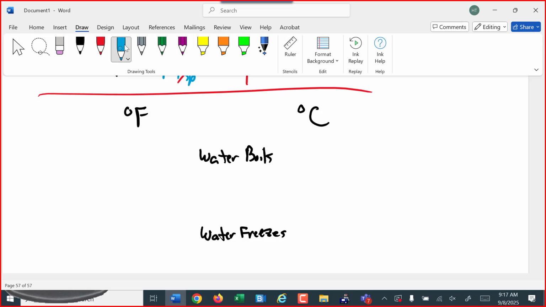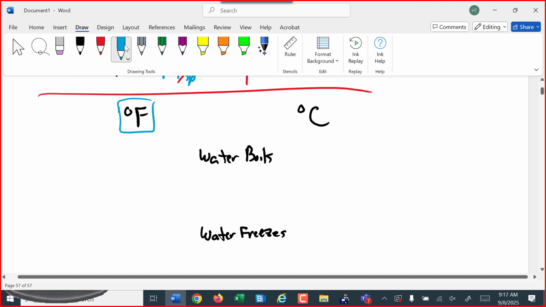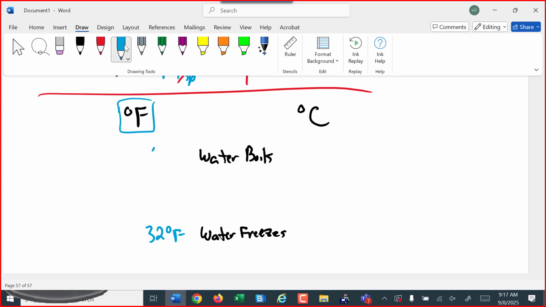And of course, in the Fahrenheit temperature scale, water freezes at 32 degrees Fahrenheit and boils at 212 degrees Fahrenheit. In the Celsius scale, water freezes at 0 degrees Celsius and boils at 100 degrees Celsius, which